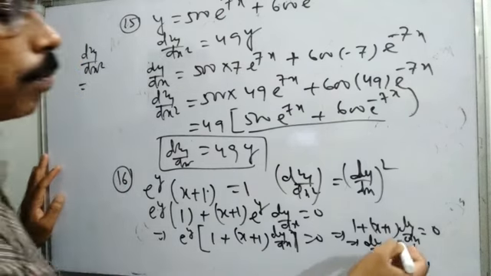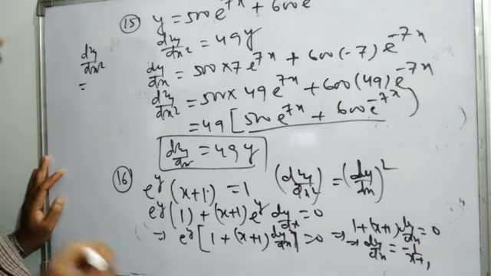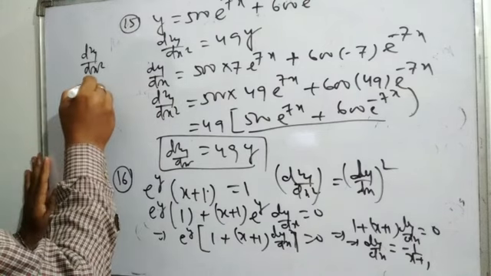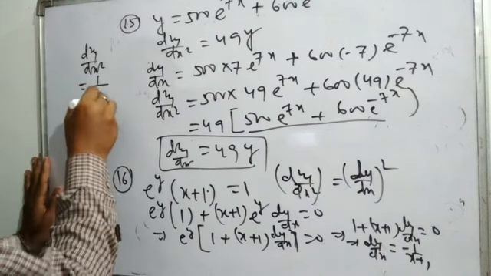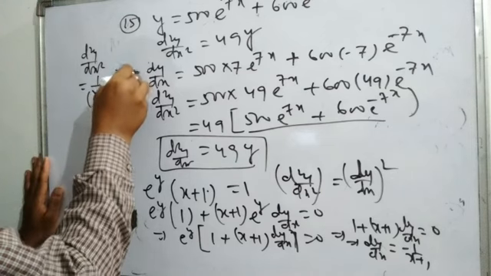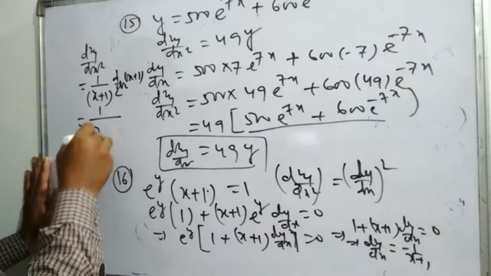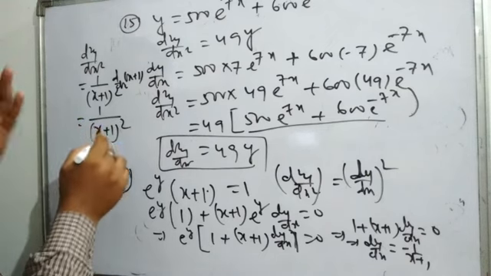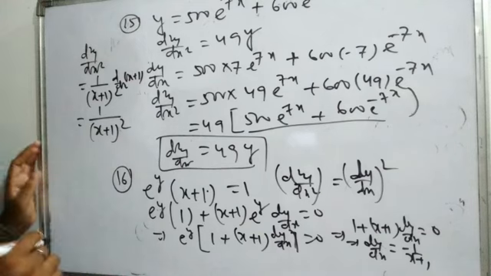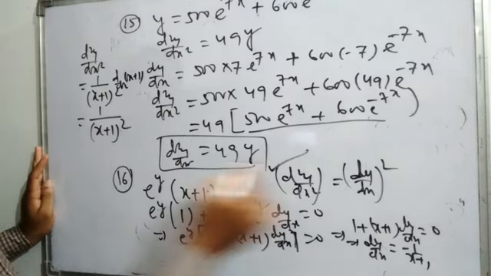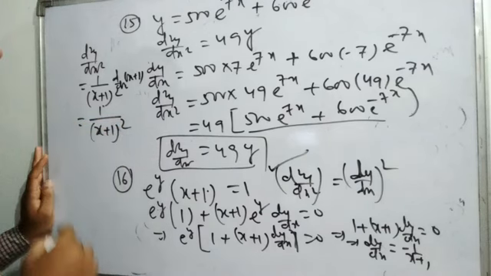So that is minus 1 by x plus 1, which is also a composite function. We know the derivative of 1 by x is minus 1 by x square, so it will be minus 1 by (x plus 1) whole square into the derivative of x plus 1, that is equal to 1 by (x plus 1) whole square into 1, that will be 1 by (x plus 1) whole square. So the LHS of the question I will get is now 1 by (x plus 1) whole square.